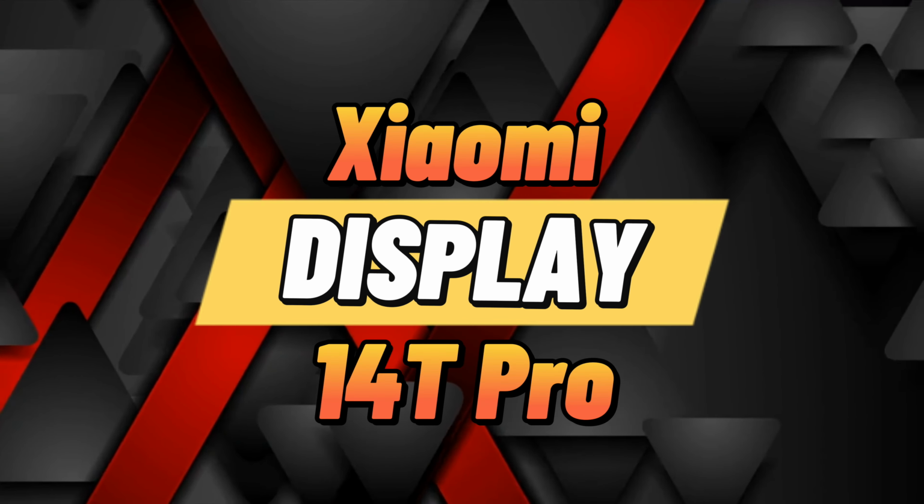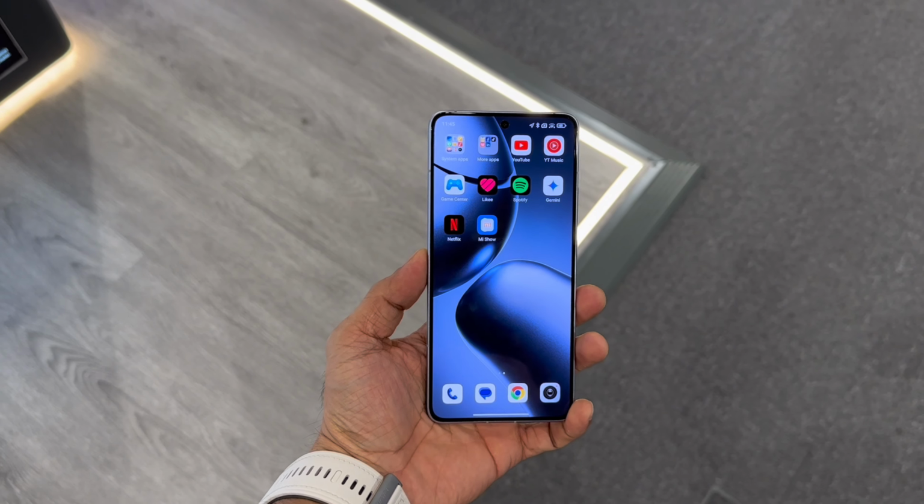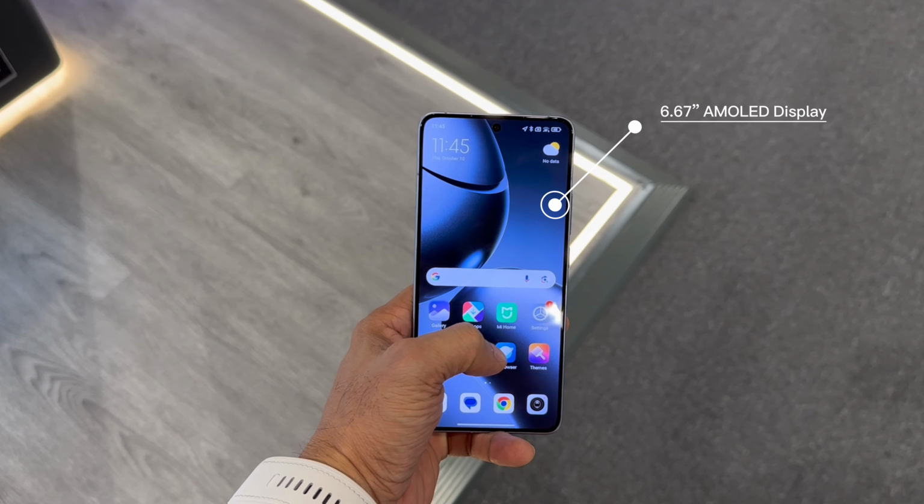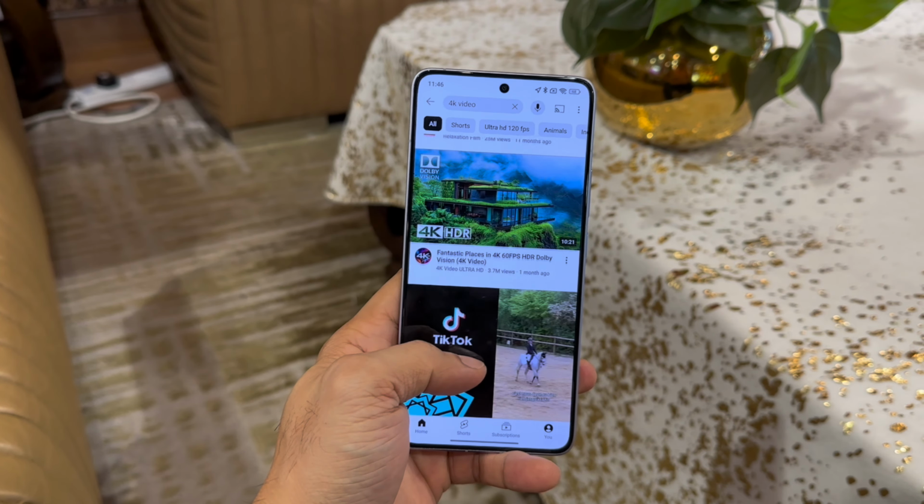exposure. In terms of the display, the Xiaomi 14T Pro features a stunning 6.67-inch AMOLED display with a 144Hz refresh rate and 1220x2712-pixel resolution. This results in smooth scrolling, vibrant colors, and crisp detail. Whether you're binge watching Netflix or gaming on the go, the display is a visual treat. It also boasts up to 4000 nits peak brightness, meaning outdoor visibility is top-notch even in direct sunlight. The HDR10 Plus and Dolby Vision support adds rich contrast and vivid details to videos, taking your media consumption experience